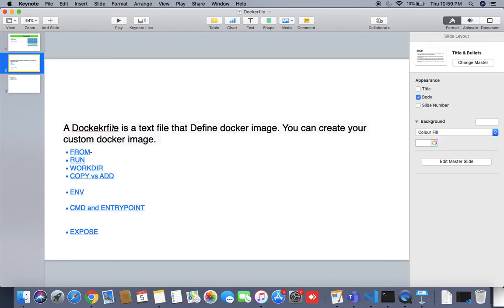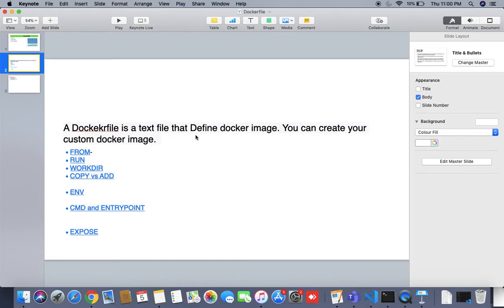A Docker file is a text file where we can create our own Docker images. It means in the text file we write some layers, some steps, and when we create a Docker image, it reads those layers and creates the image. So using a Docker file you create your own custom image. Let's say you are going to deploy your Java based microservices, then you will write a Docker file.